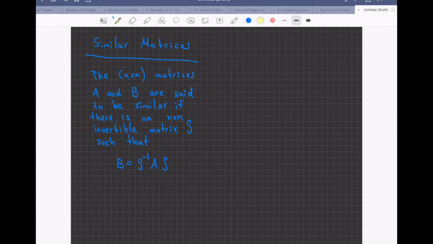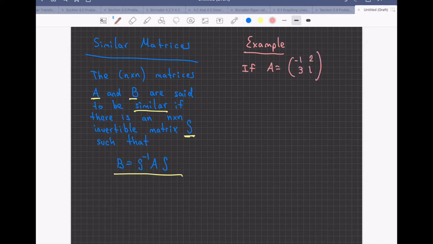Similar matrices. Two matrices A and B are similar if we have a matrix that has an inverse and such that this equation is possible. Example. Notice, if I have A equal to [-1, 2; 3, 1], B equal to [-5, -3; 6, 5], and the matrix P equal to [2, 1; -1, 0], then